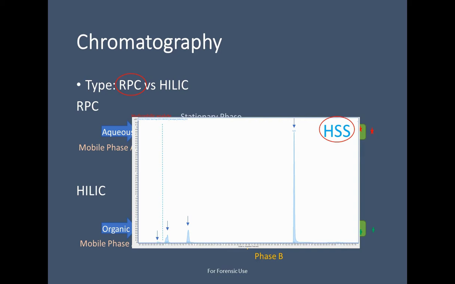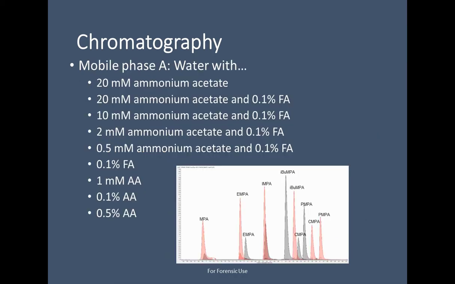And this is an example where we started on this column using an initial separation. And while we can't separate everything out, at least we have a place to start, and we can then move to optimizing the chromatography. So we did that. We moved on to changing different components within the system. And of course, one of the key parts of this is picking the right modifiers, the right mobile phases. And you can see a list of the multiple mobile phases that were tested in this approach. Katie went through a very long list of different kinds of modifiers to see how well we could separate these ions, partly because they're very, very hydrophilic, and so separating on C18 required